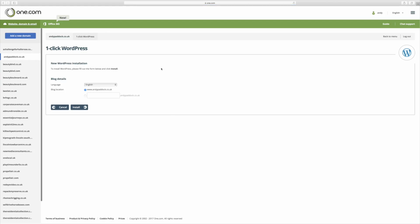If you click on new installation, you come up with this screen. Now, if I do nothing with this and click install, it'll put WordPress in the default position within my website. So whenever you go to it, you'll come to this WordPress site. And obviously I don't want to do that because I've got stuff on mine. So just to show you, I'll click on this and put in the address I want, £10punt.andypaddock.co.uk. If you click on install, that will put WordPress onto